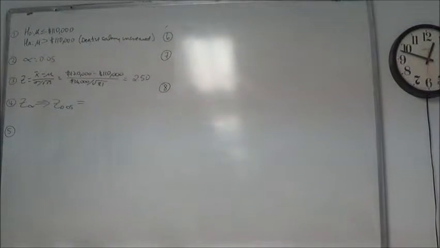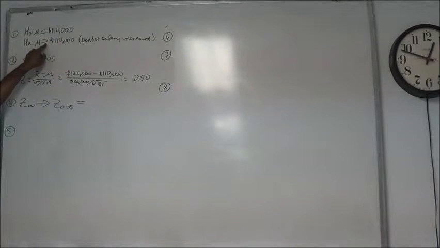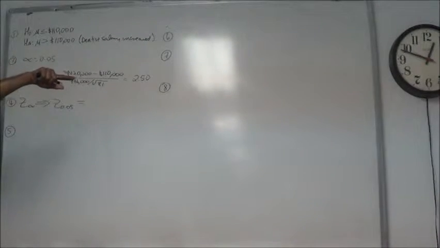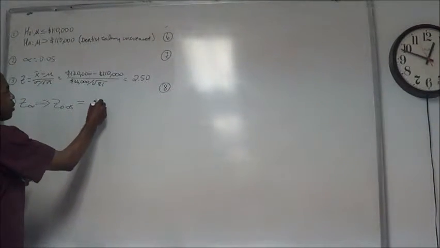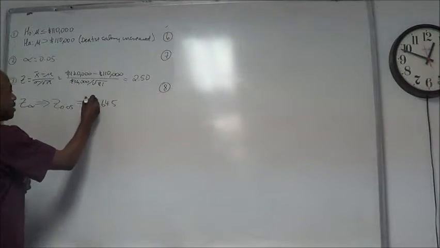What's the sign? Plus. No, it can't be plus or minus, because it's on one side. Plus, positive. We're testing the right-hand side, because we said we wanted to make them prove to us that it's greater than 110, so we're testing the right-hand side, right? Yes. So it has to be positive. So 1.645, and that has to be positive.